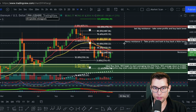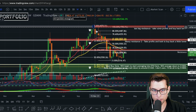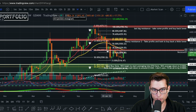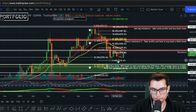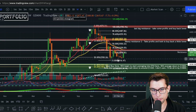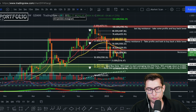So now let's take a look at Ethereum. On the weekly chart, we have the peak top up here, and then lower high, lower low, lower high, lower low, lower high. And finally, if you take this wick or this body, we made a higher low. So either here or here would be the first indication that maybe this bear market is